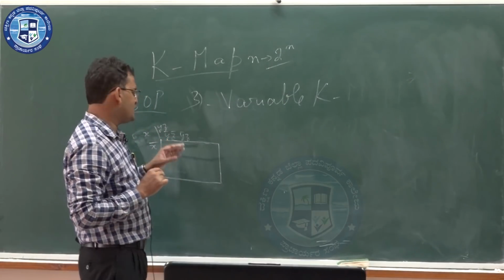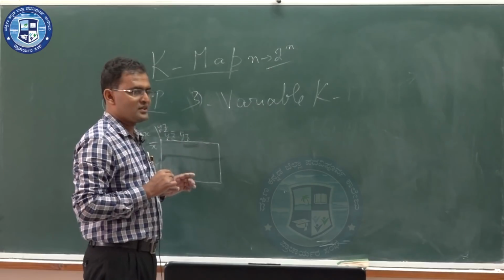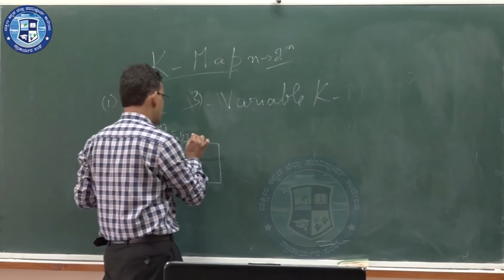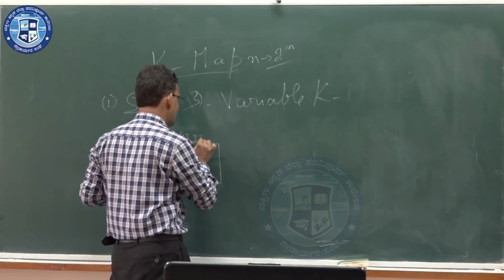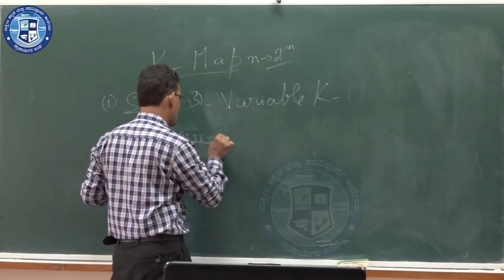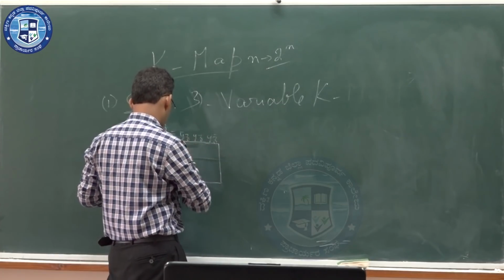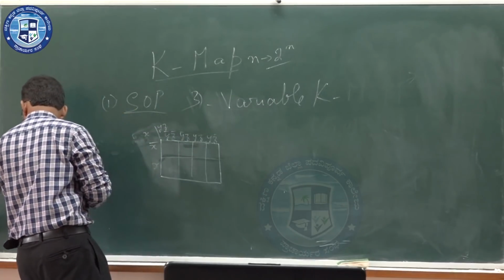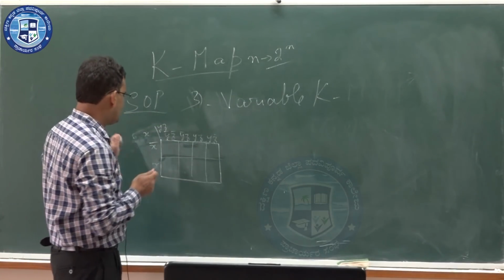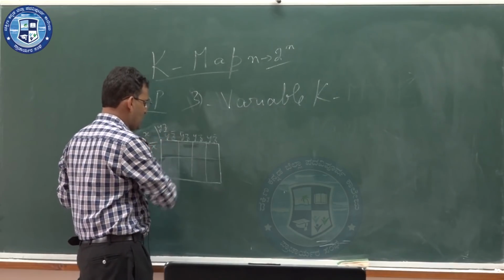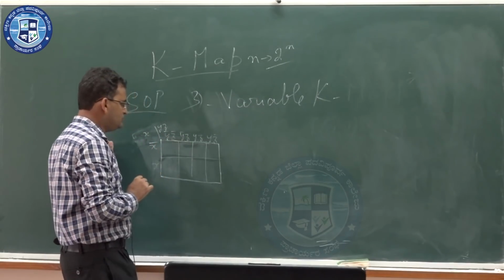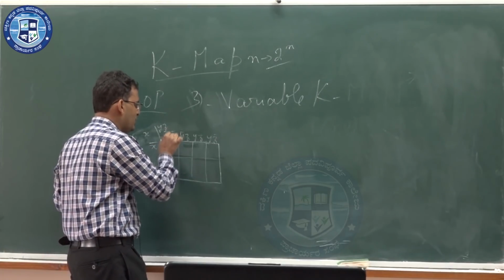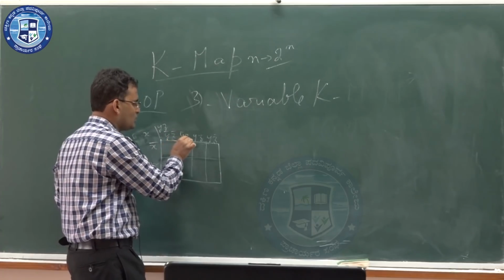We have the tendency of writing y z bar and y z, but if we write that, there will be a problem, for which I am writing it in this way, y z and y z bar. I will tell you the reason. Please see here y bar z bar and y bar z. How many bits are changing? Only one bit, that is z bar is changing to z.